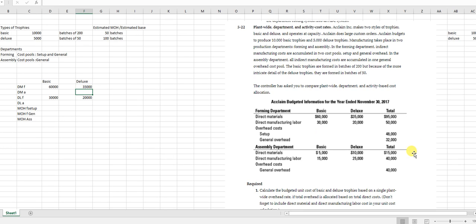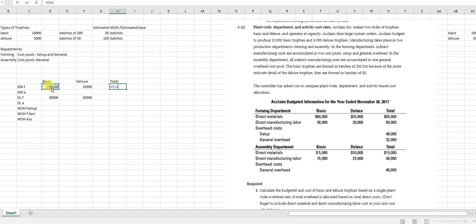Okay, and then they have overhead. These overhead costs are 48 plus 32, so I need to allocate these between the two, because they both incur setup costs and they both incur general overhead costs. So if I have a total out here,